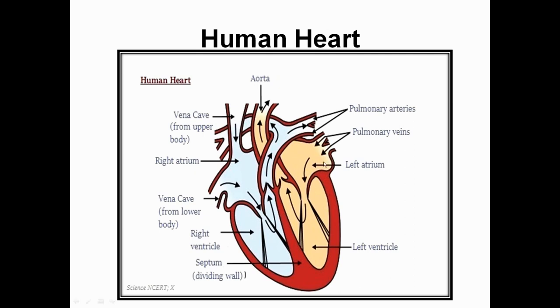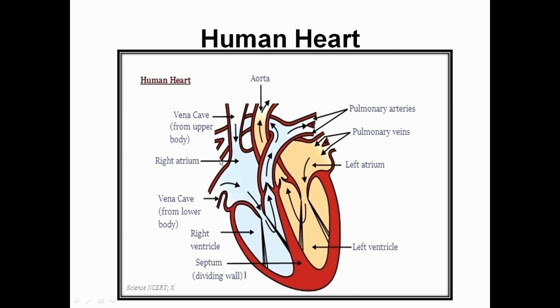Now we have to understand the functioning of the left side of the heart. The oxygenated blood comes from the lungs. And for the lungs we have to use this word, pulmonary. I have told you earlier as well, the pulmonary word is totally related with the lungs. So pulmonary veins carry oxygenated blood from the lungs to the left atrium. And from the left atrium, the blood goes into the left ventricle. This oxygenated blood is required by the whole body and is transported with the help of the aorta. Okay, this is aorta.